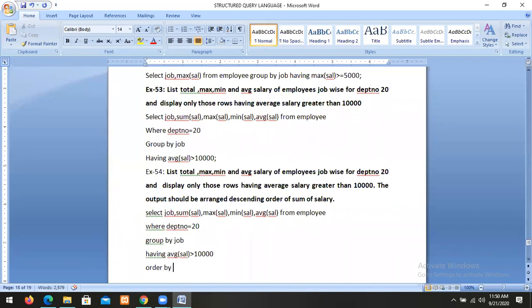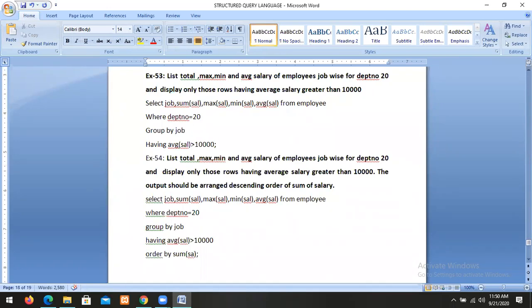So what is the order? Sum of salary, order by sum of sal. So like this we write the query.